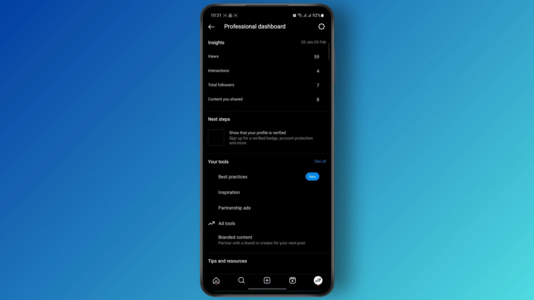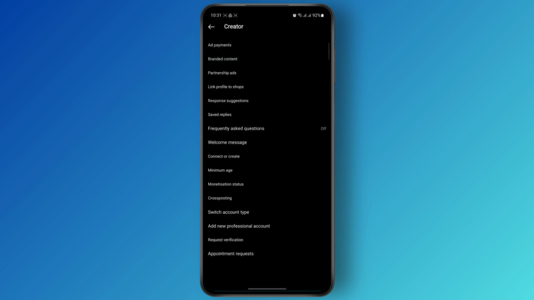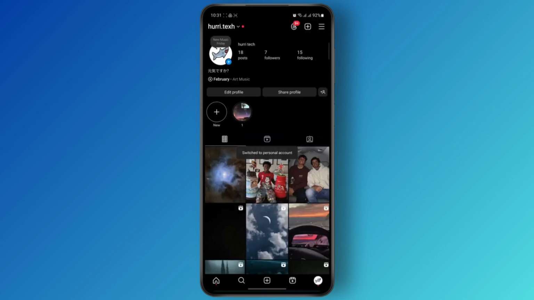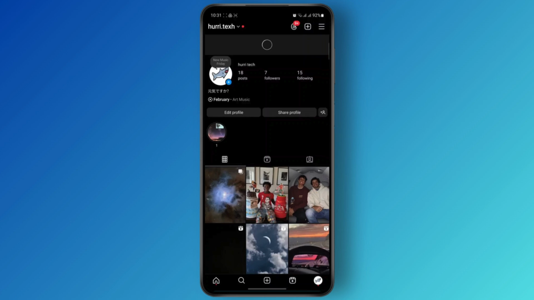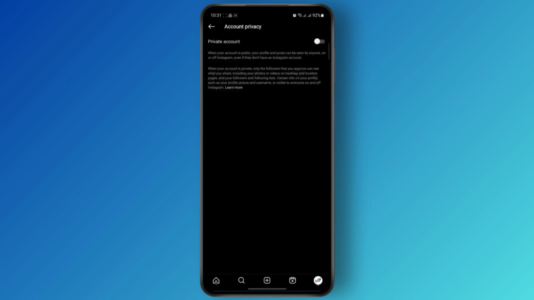To do that, tap on your professional dashboard and head over to settings. Now tap on creator tools and controls and switch account type. Switch to personal account. And once you have switched your account to personal, just go back and then refresh your page. So now what you want to do is tap on the settings menu and head over to account